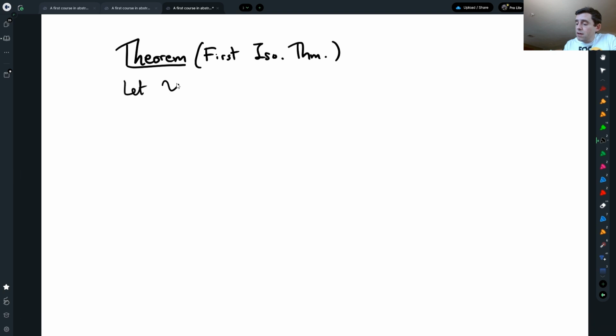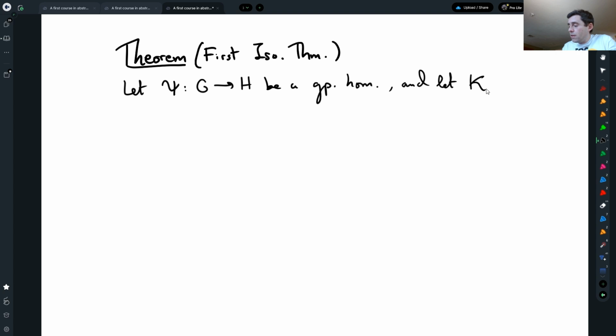Let psi from G to H be a group homomorphism, and let K be the kernel of psi. Remember that we saw in the video about homomorphisms that the kernels of group homomorphisms are normal subgroups. So we can do a quotient, and what happens is that, K being normal, G over K is a group, and it is isomorphic to the image of psi